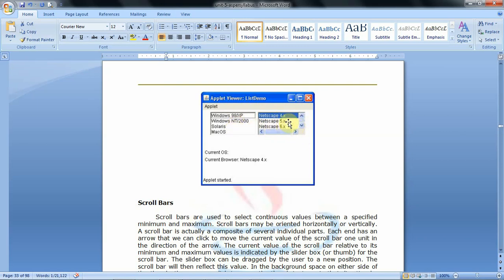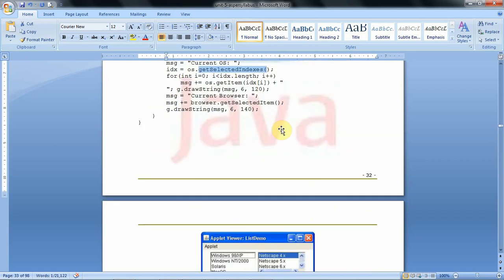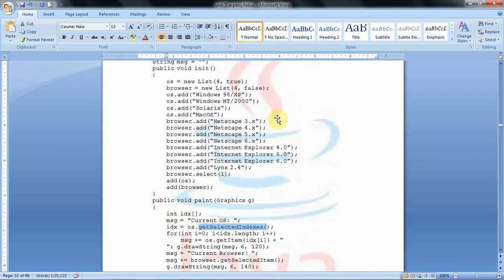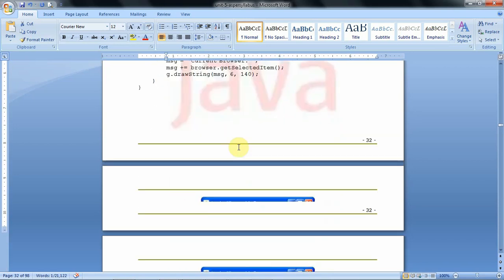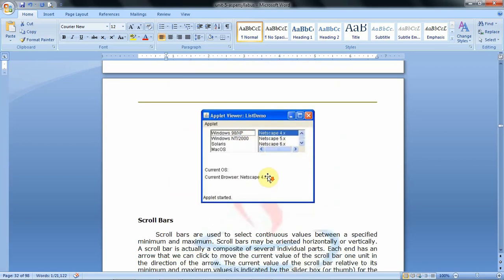Here 4 items at a time are visible, here 3 items only are visible because we set it like that. This allows multiple selection. So the current OS and current browser selections are displayed here. So that is about a list.